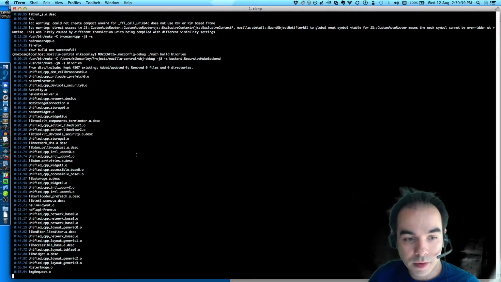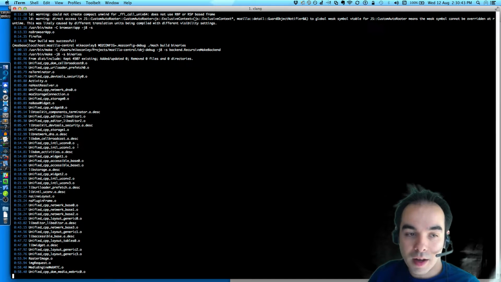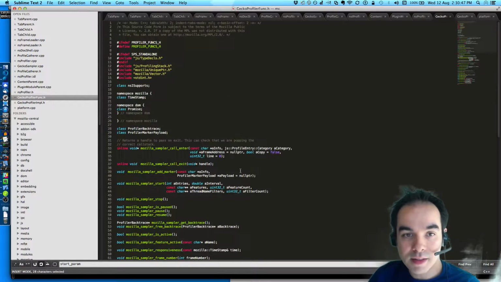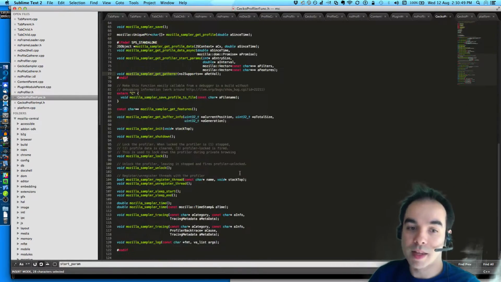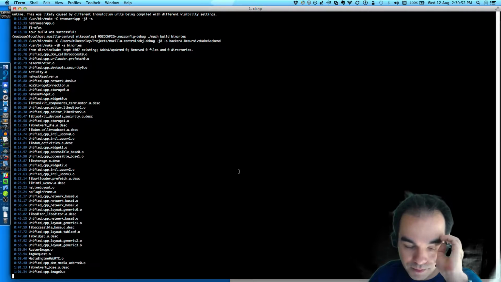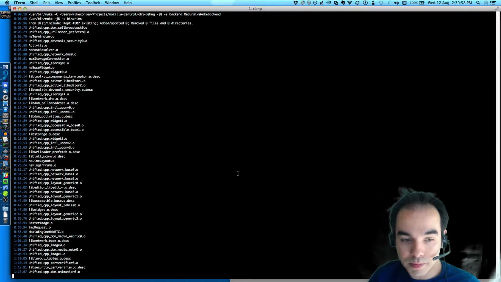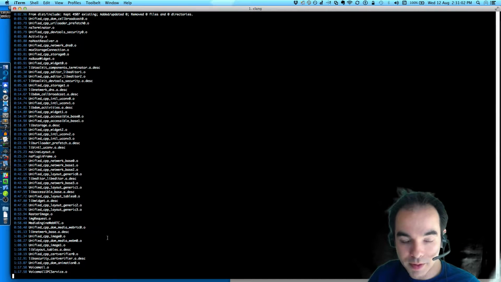Okay, so this thing is probably just gonna like, it's a thing because like GeckoProfilerFunc is this header that's basically used everywhere, and when you modify it, you kind of have to like rebuild the world, which blows. So I try not to touch it too often, but like look at all this stuff that I have to rebuild because I touched that header.